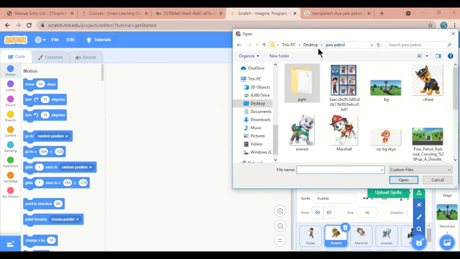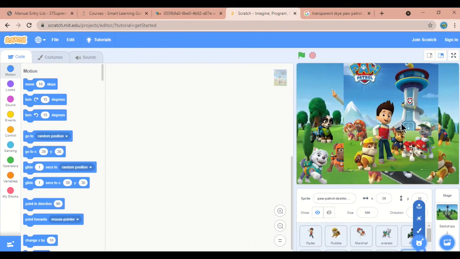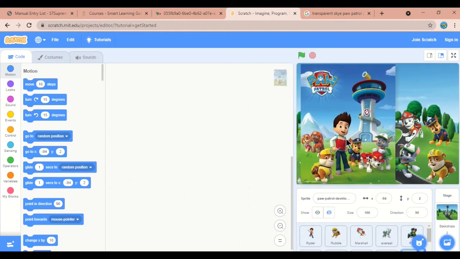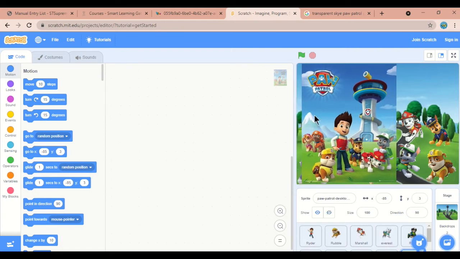We are choosing a sprite and I'm going to use this wallpaper as a sprite. See this wallpaper. I'm going to make this full screen first. All these sprites are there in the back, but we are going to add this as a sprite and I'm going to change its size.